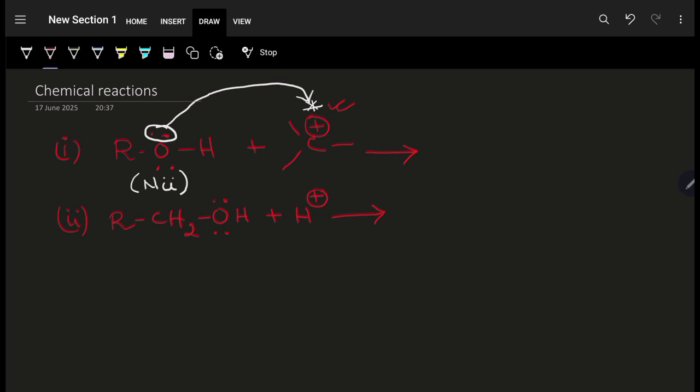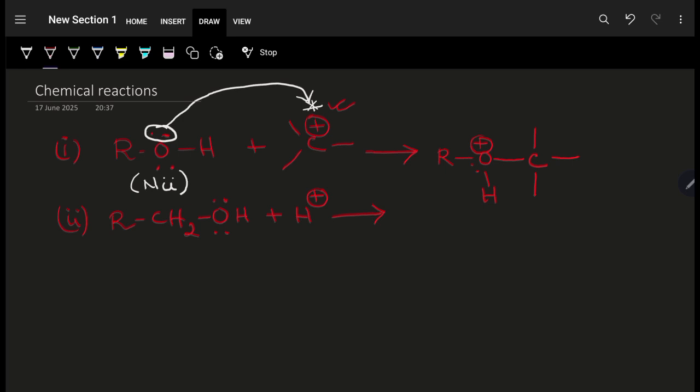And what you get over here is our oxygen is having the hydrogen, and it has already attacked using one lone pair, so there is a positive charge over oxygen, one lone pair remaining, and it has bonded with the carbon which was having the positive charge. So this is what you have obtained.